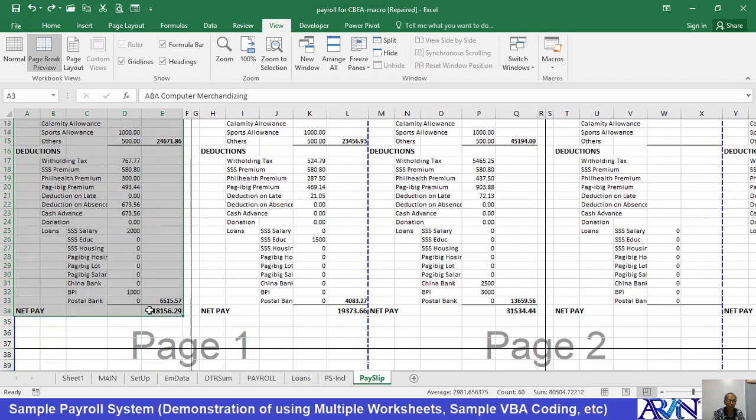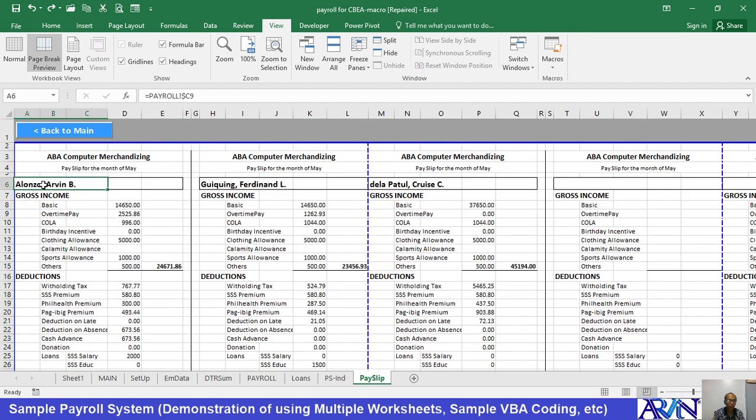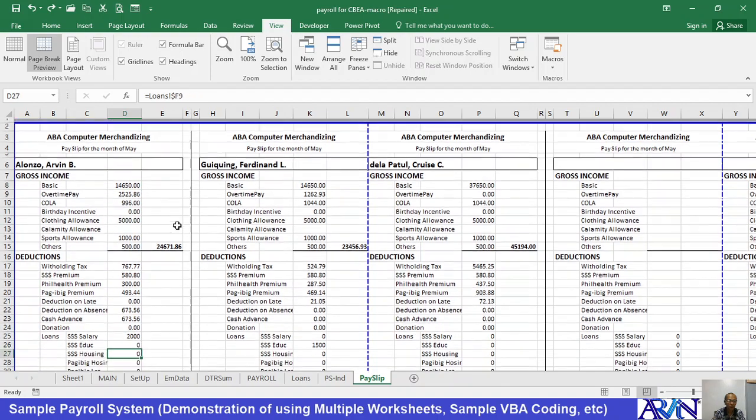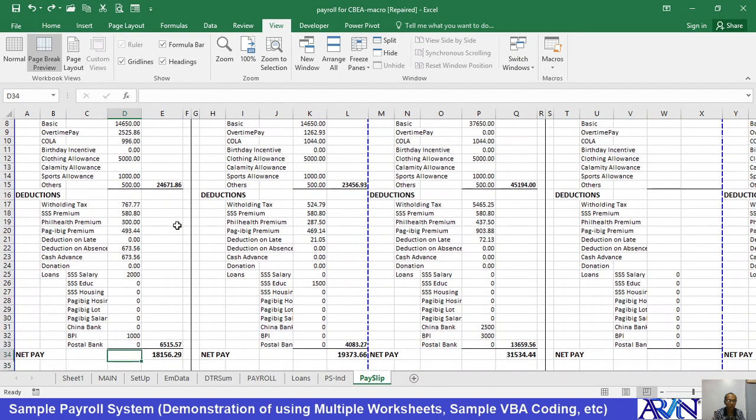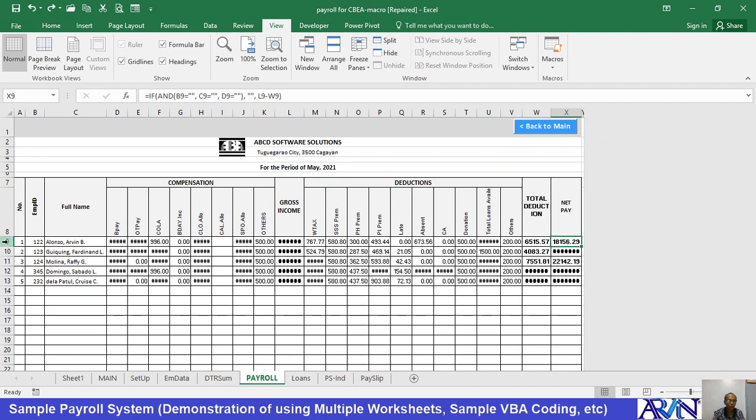I designed this one, and I called the values of the first employee. So this is the first employee with the succeeding basic pay up to the net pay. Actually, that's the first row in your payroll, which is this row 9, and then you can